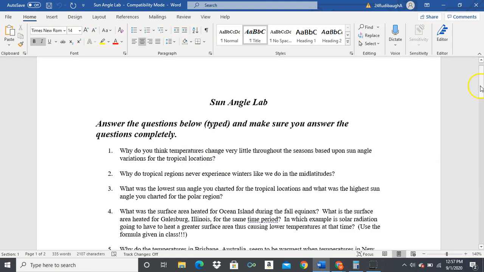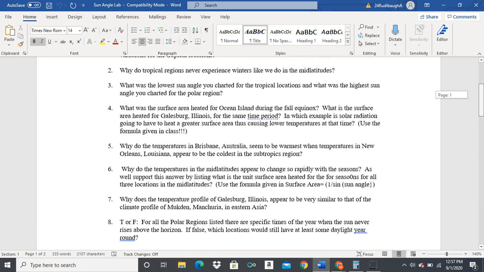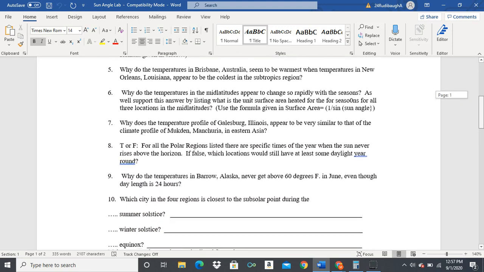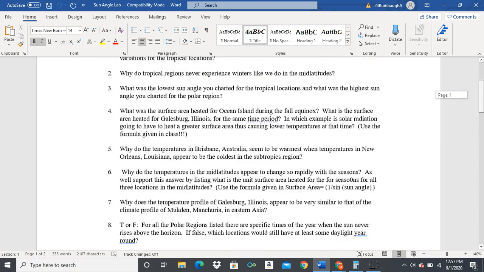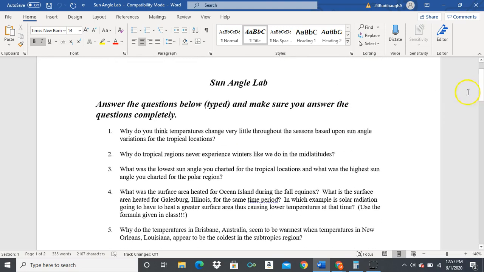These 10 short answer questions all basically revolve around you having your 4 graphs developed for the tropical, polar, mid-latitude, and subtropical regions. And if you have those graphs done, you should be able to answer these questions very quickly. So I'm going to give you some clues about what these questions are trying to address, and hopefully when you're answering these questions, you'll type out these answers in red